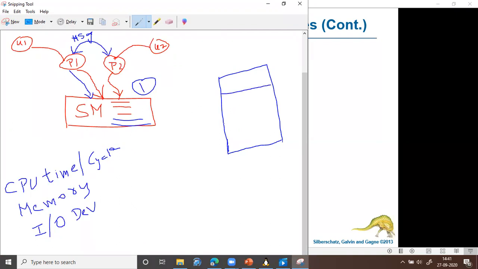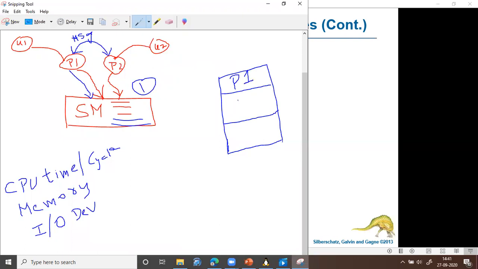It is not that everybody can access any resource. If a user is allocated a set of resources, he should be allowed to access only those resources, not any other resource. This concept is called protection. So the operating system ensures that every user will be able to access only those resources that are allocated to them. They cannot access any other extra resource.